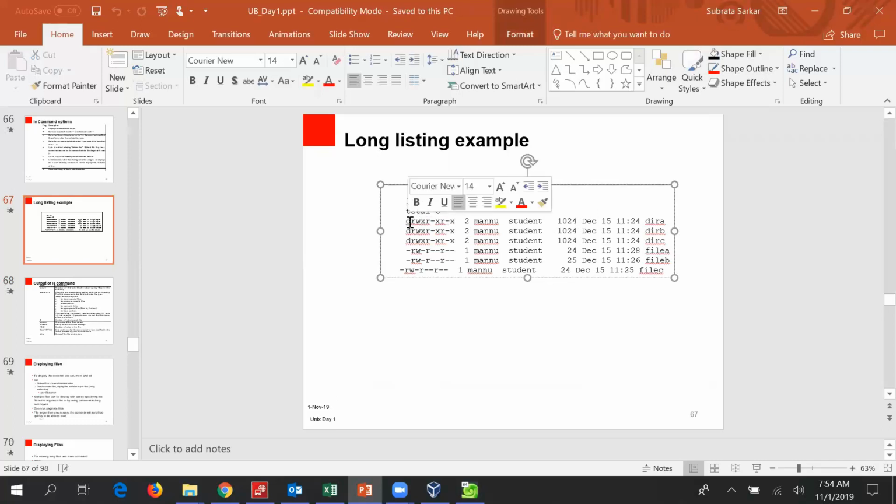So d stands for directory, and this one is for the owner. This permission is for the group, and this for others. So it has read, write, execute for owner, and only read and execute for group, and read and execute for other.